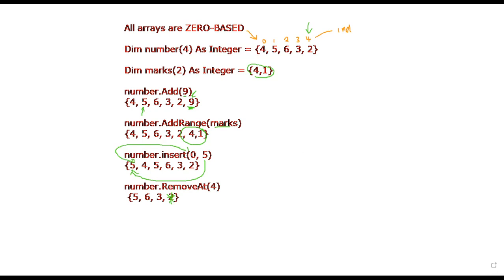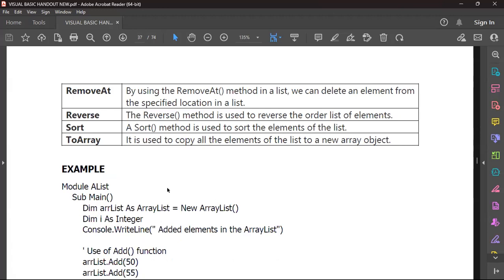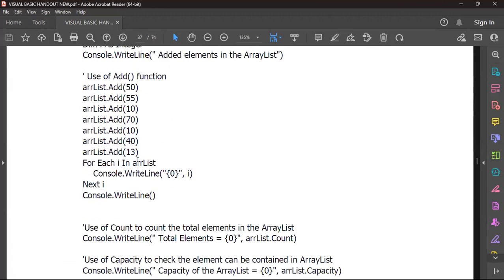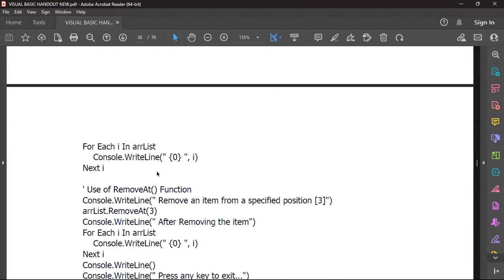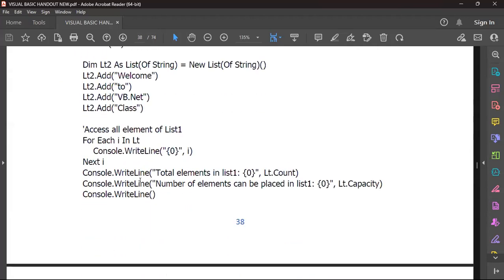So those methods are all available. Then we have the reverse. The reverse will reverse the order of the elements, and the sort will sort the elements in ascending order, or increasing order. Then ToArray will copy the elements from the list to a new array. Okay, so there's an example here implementing these methods in